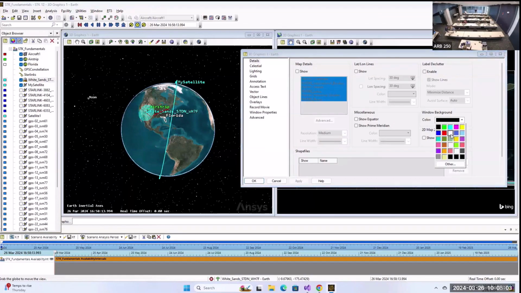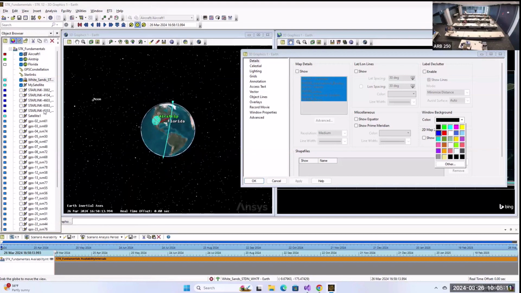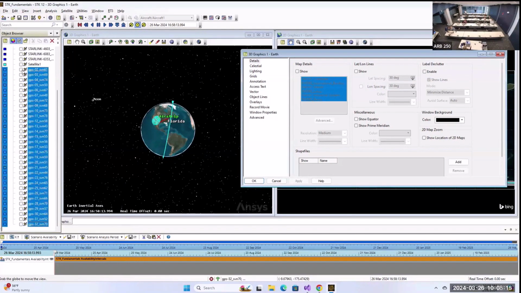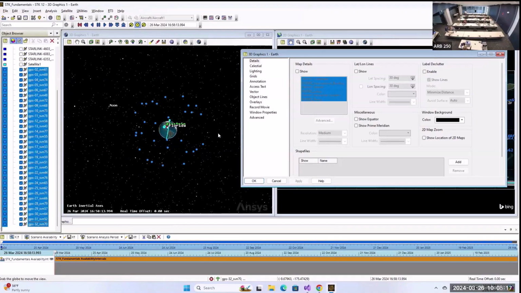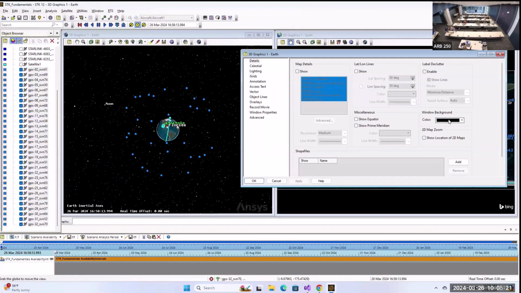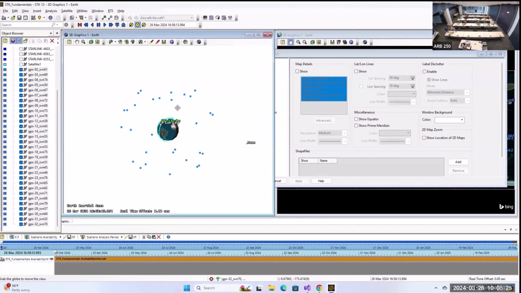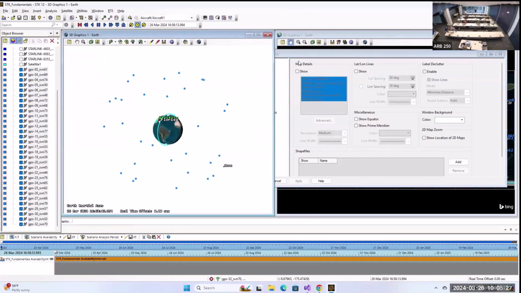Something that's pretty nice to do, I think, if the star background is kind of distracting from your orbit path, say I have all of these satellites that I wanted to show, like all of these GPS satellites, and I'm like, oh, that star background is kind of confusing with the dots and the markers. I like to just do a white background, and then you can see everything, and especially if you